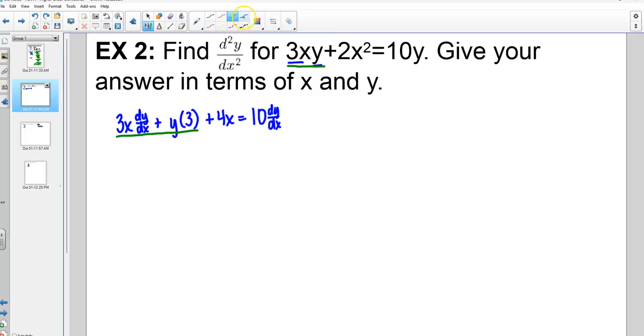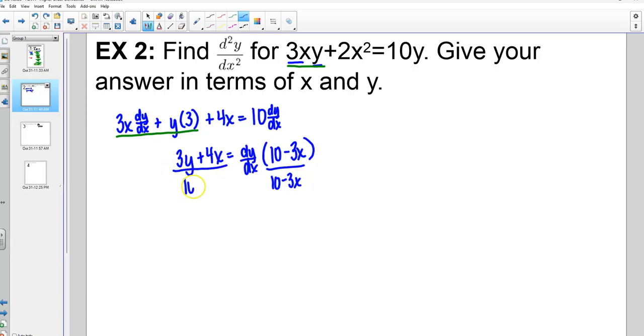Okay, I think I'll move my dy dx's over here. So I got 3y plus 4x equals dy dx times 10 minus 3x. And then I just need to divide. So dy dx would equal 3y plus 4x